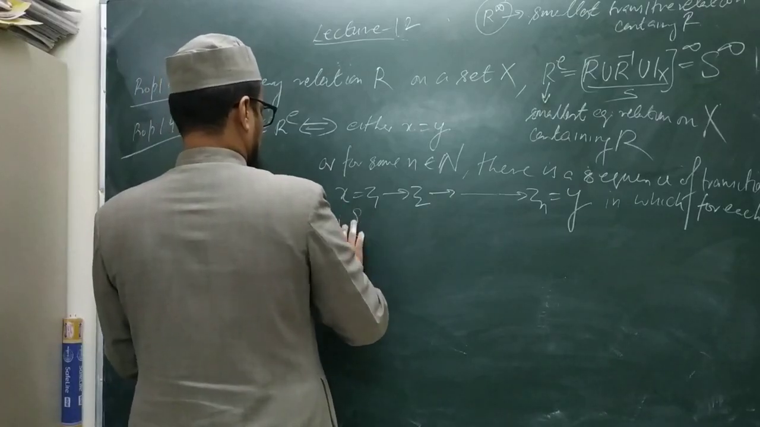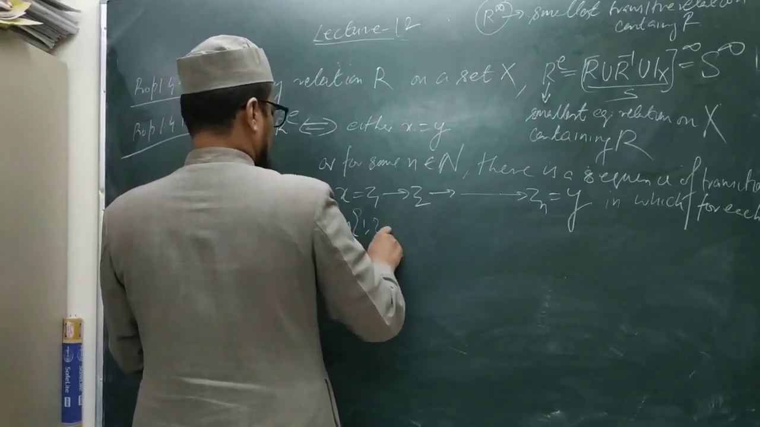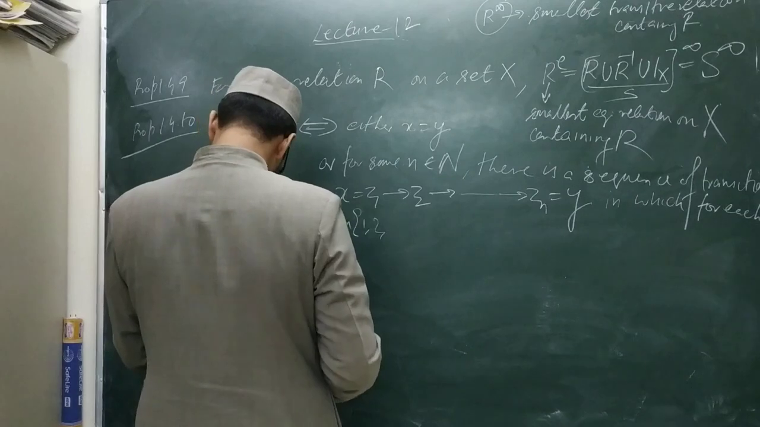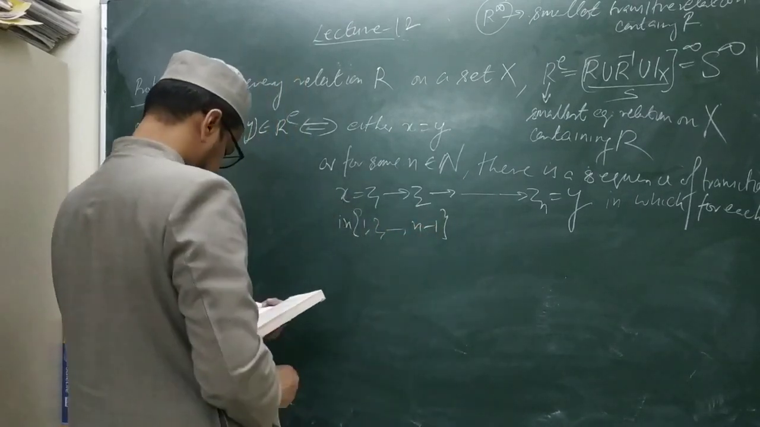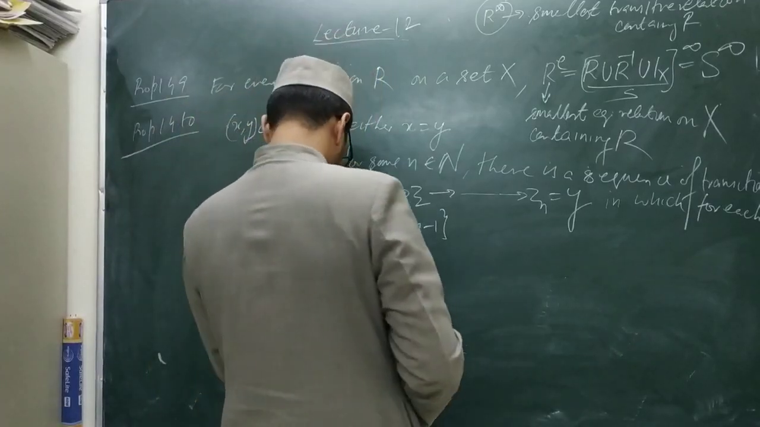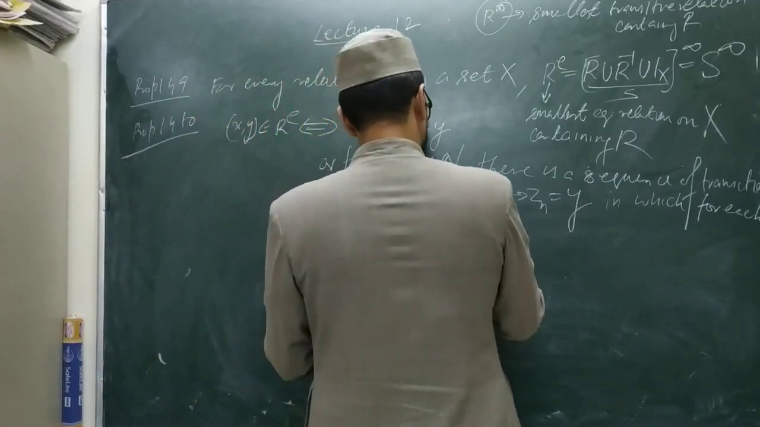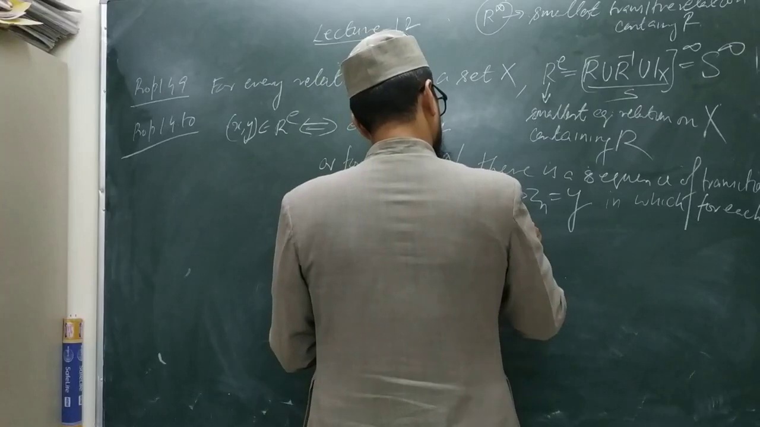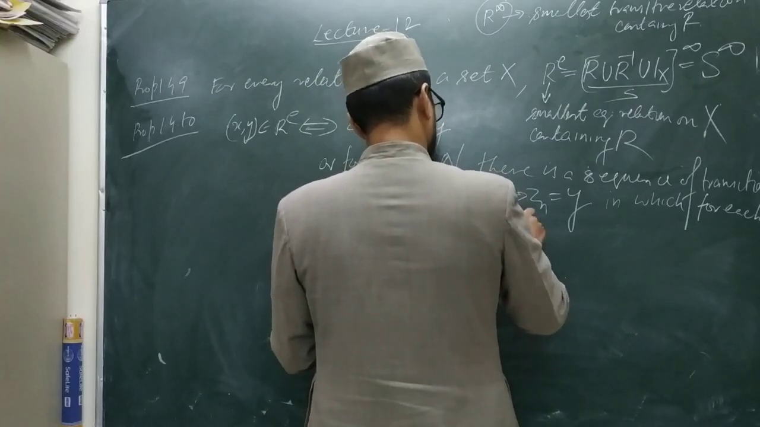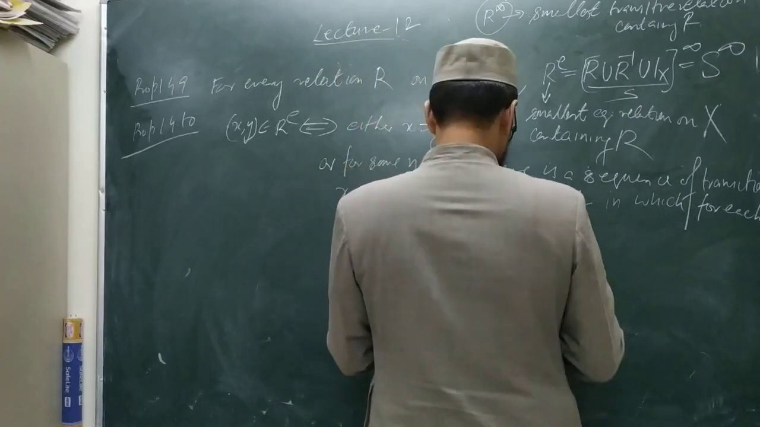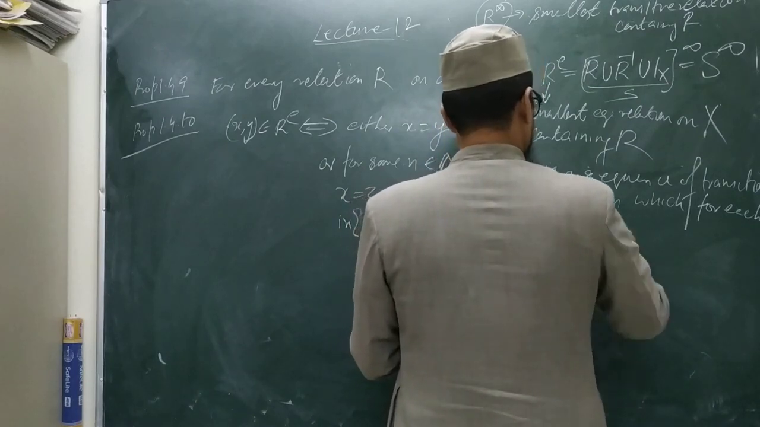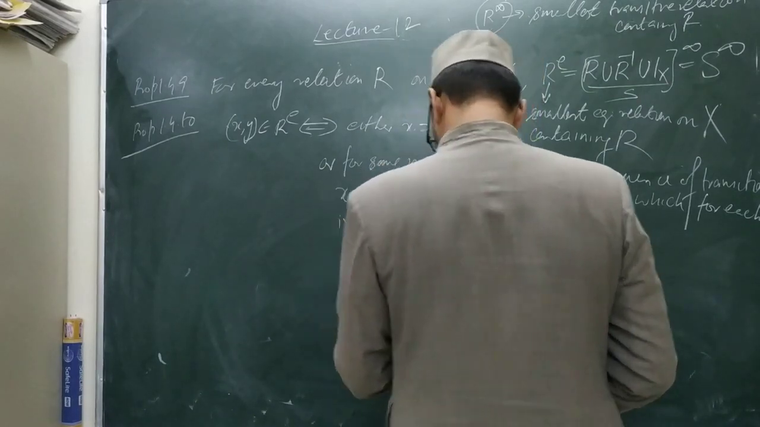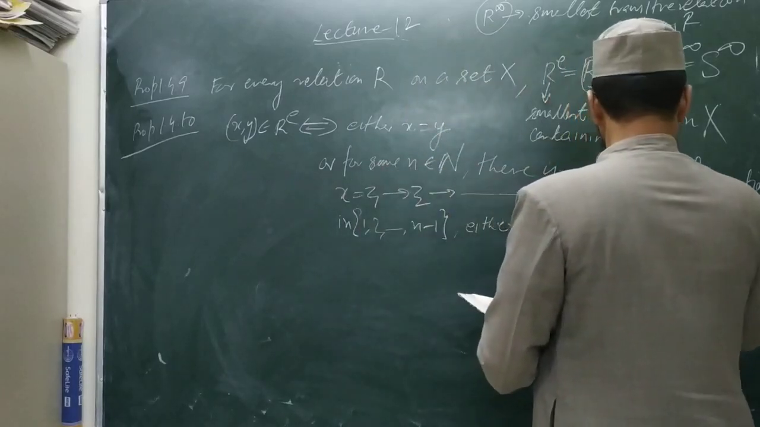in the set 1, 2, dot dot dot, n minus 1, either zi comma zi plus 1 belongs to R, or zi plus 1